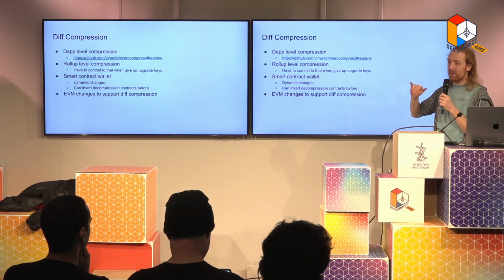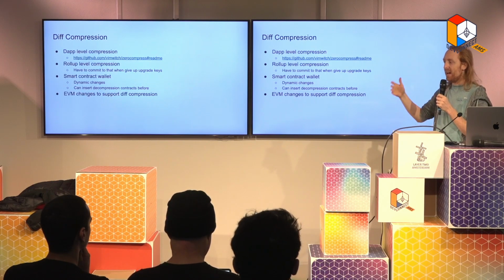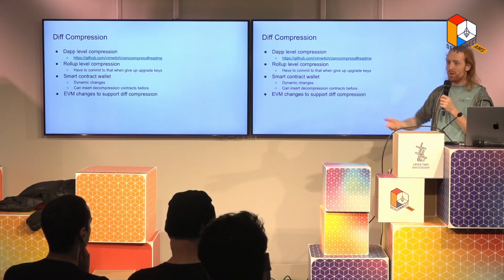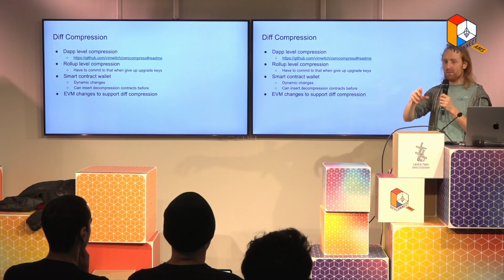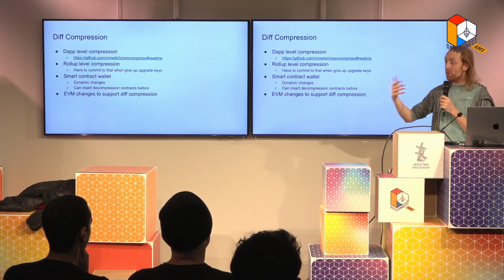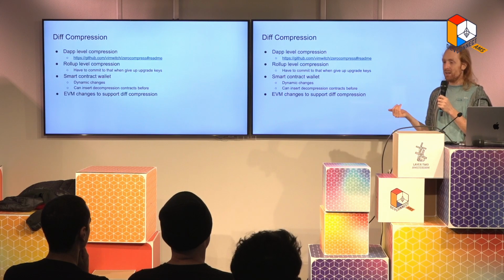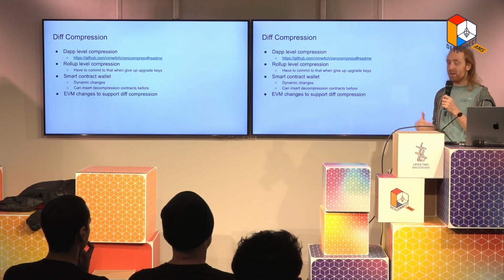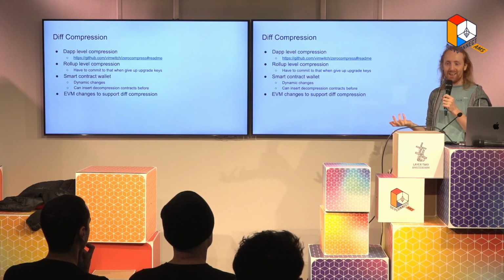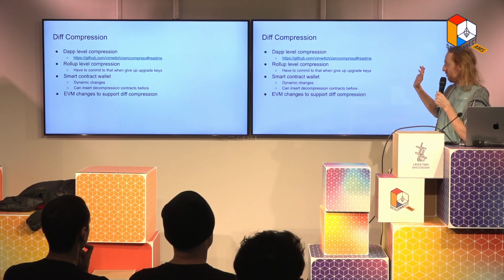Dynamic compression and decompression basically means that instead of defining this inside your rollup, you define this inside some kind of smart contract that is a decompression smart contract. If we do this, we can do this dynamically. We can do this for the use cases that we know about today, but we can also do this for the use cases we know about in the future. One of the cool things here is that being a block creator becomes about figuring out how to compress call data, and when you get better at compressing call data, it makes transactions cheaper. So this is another thing that's really exciting.